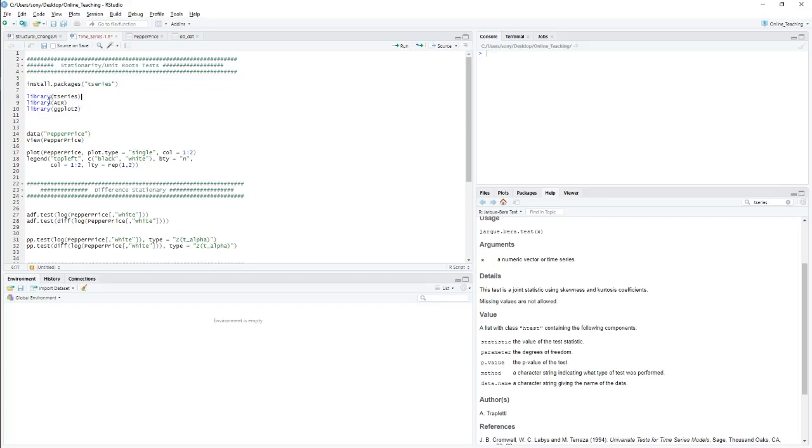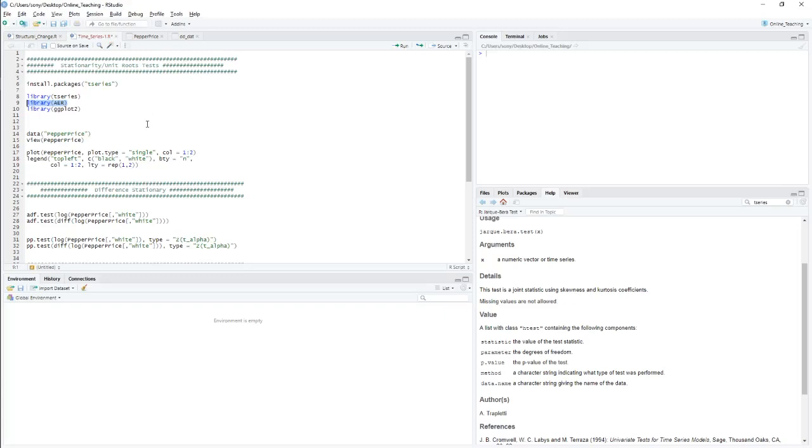So I have to call it, typing library and tseries. Then I am using a data set which is already there in one package, called the AER package, which contains the yearly price of black and white paper.